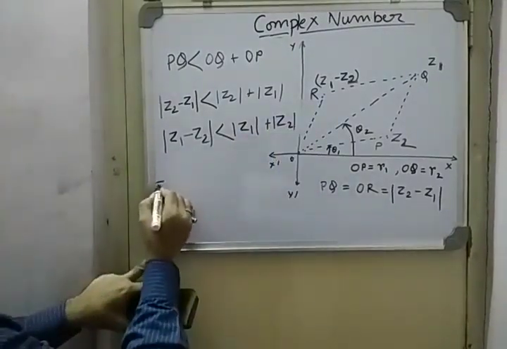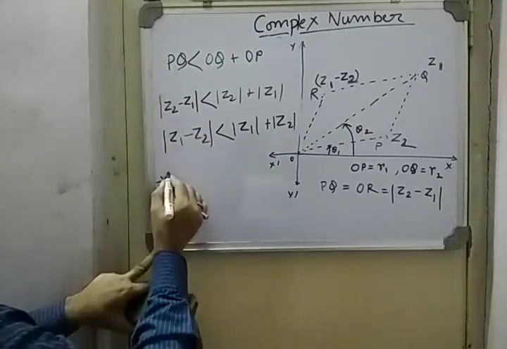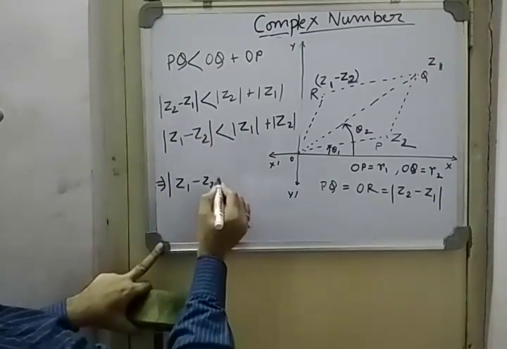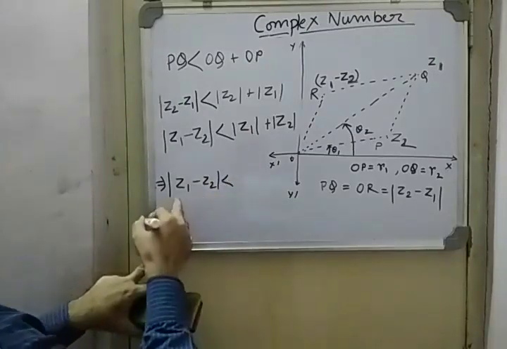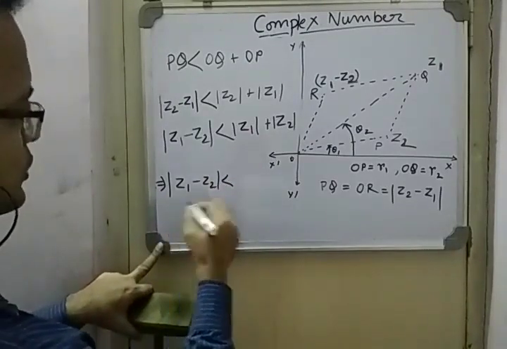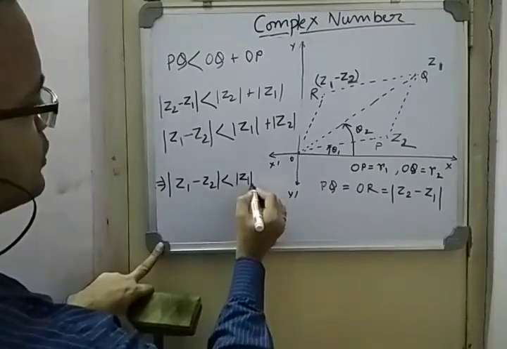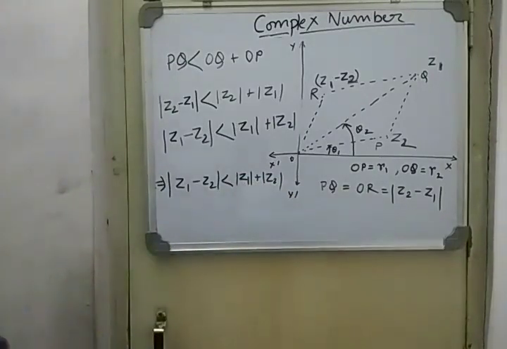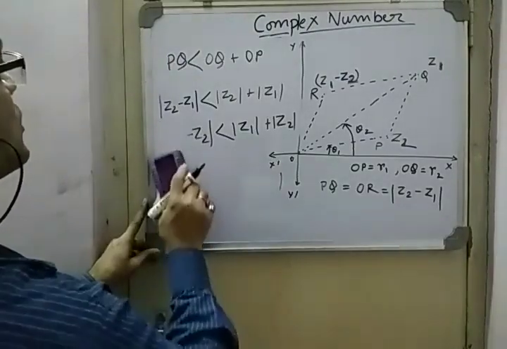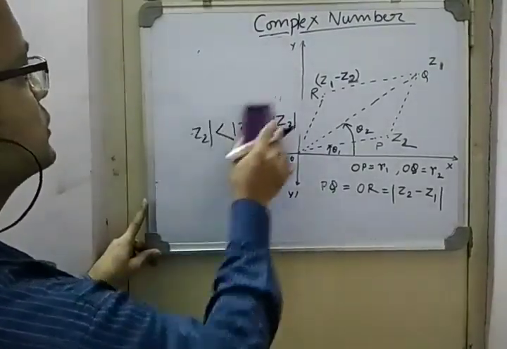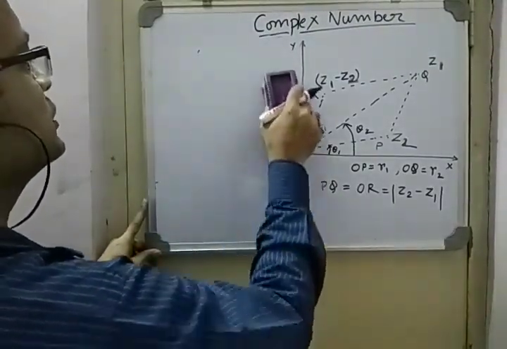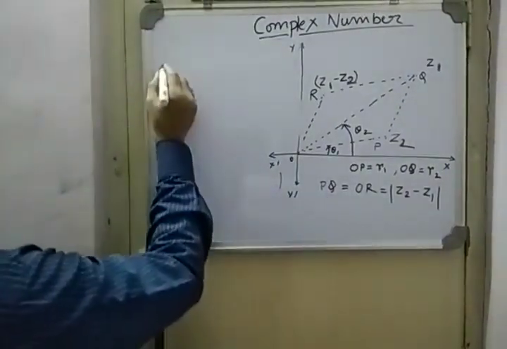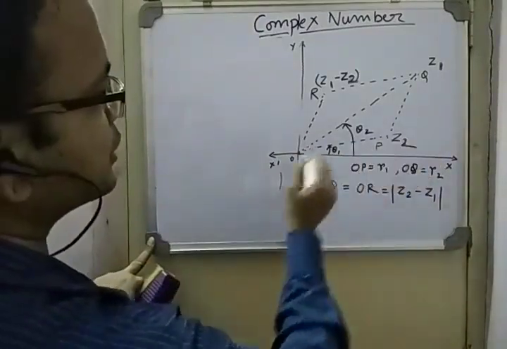So actually combining these two, we can write, whether you first write Z1 or Z2, anything, it is always that mod of (Z1 + Z2) becomes less than mod Z1 plus mod Z2. This is one property, and another property, mod of (Z1 minus Z2) is less than something. Now we will see how that becomes greater than something.